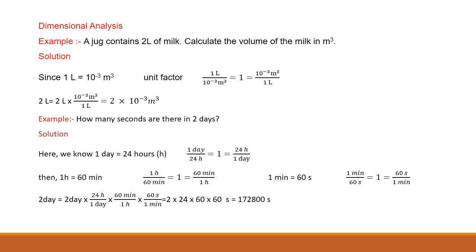1 hour is 60 minute, and that is 1 hour divided by 60 minute equal to 1, and in the other way it can be explained. And now in 2 days we will multiply all the unit factors to get the time in seconds. So these are conversions of minutes into seconds, hours into minutes, days into hours. In this way we can